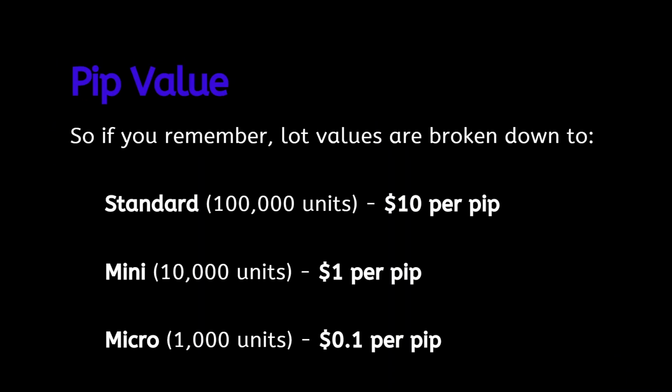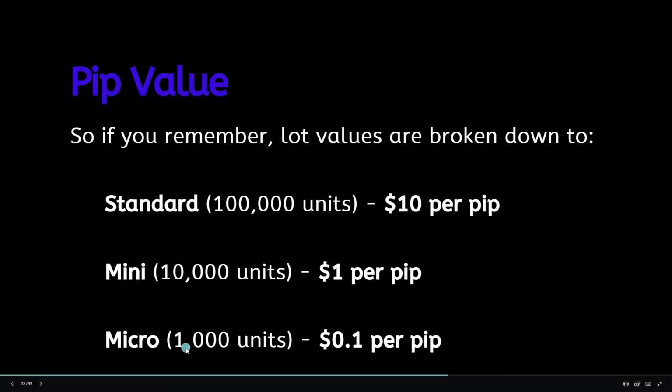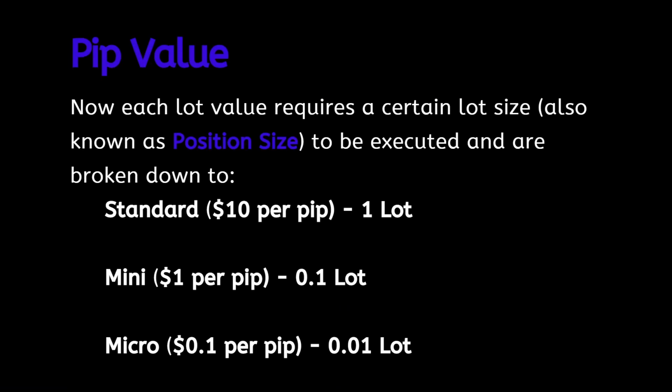can understand. If you remember, lot values are broken down into the standard lot, which is $10 per pip. There's a mini, which is $1 per pip, and there's micro, which is $0.1 per pip. Okay. Now, each lot value requires a certain lot size, also known as position size. Position size and lot size is one and the same thing, to be executed and are broken down